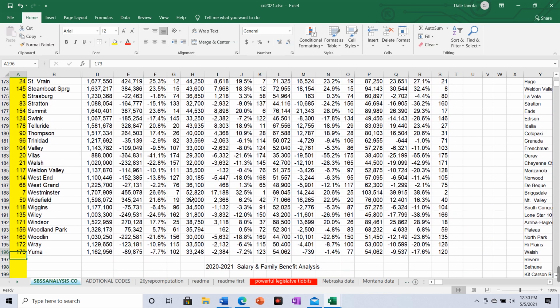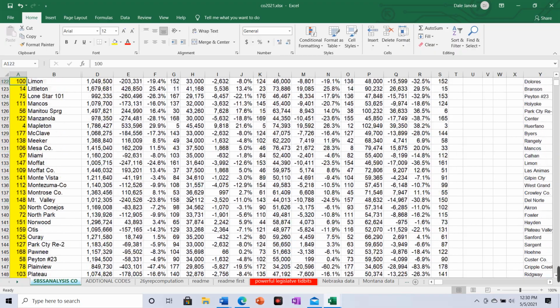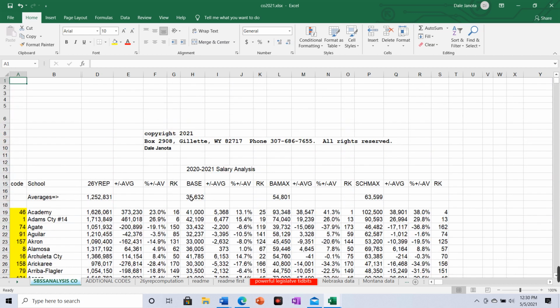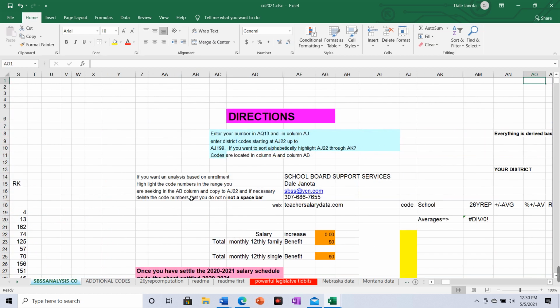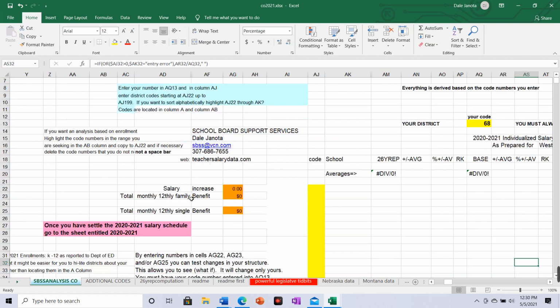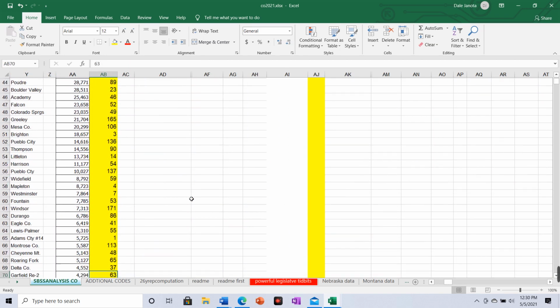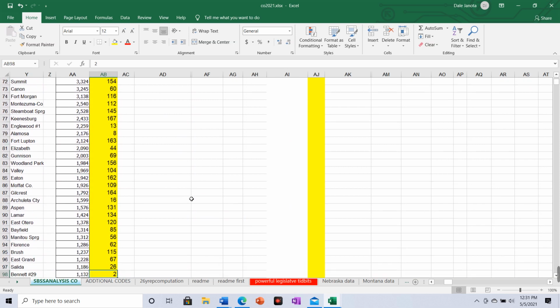There. Okay, now I'm going to show you how I do it. It's individualized analysis. Normally, people care about how they compare with a group of schools of their own choosing. So I'm going to look at a school district here. I think the one I'm looking at is going to be,